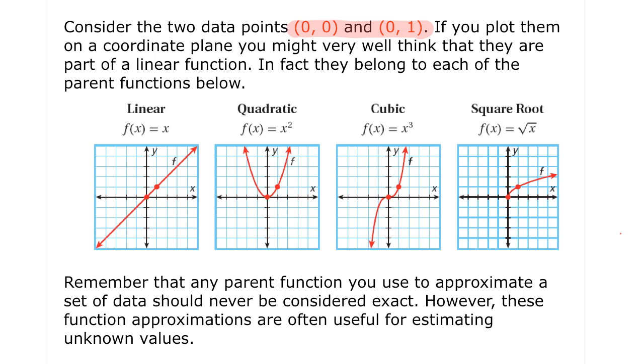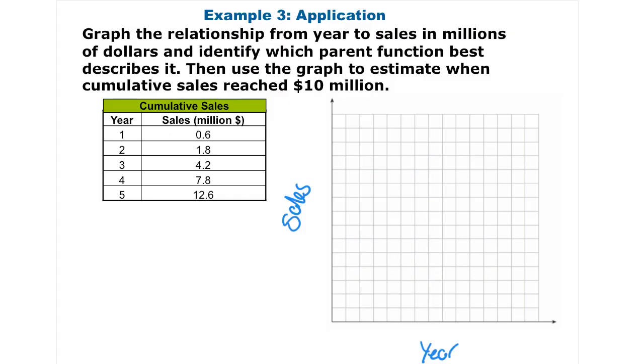And also, a parent function is just going to approximate a set of data. That parent function doesn't necessarily have to match the data perfectly. And that's what we're going to be looking at a lot this year, how do we model data using these parent functions. On this one, now we're looking at some more real life data, looking at years and cumulative